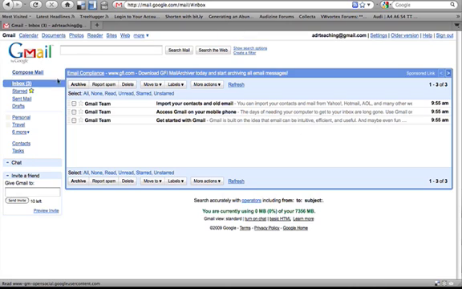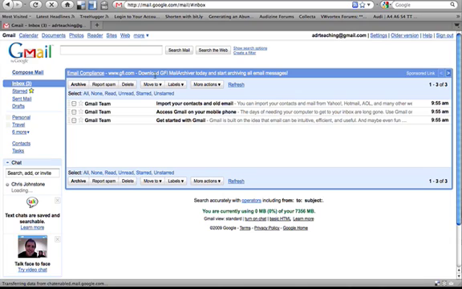So they've got a couple of welcome emails for us here, and we have set up a Gmail account with the email address adrteaching@gmail.com. So now what we're going to do is go through and build an AdWords account, which is how we're going to run our advertisements on the Google network using this account that we just set up. So in order to do that, we just simply go back to